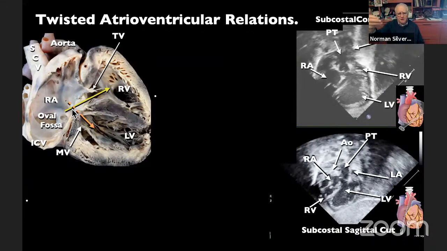I don't know whether you can see my hand over here. I can't see it, but when you get this twisted relationship, it's after development and a twist occurs. And my thumb, as you can see, changes its position. As you will see here, the aorta then rotates leftward, and there's frequently an SDL or leftward positioned aorta with discordant atrioventricular connections. So let's just let you look at this beautiful example of a crisscross from Diane Spicer's collection.